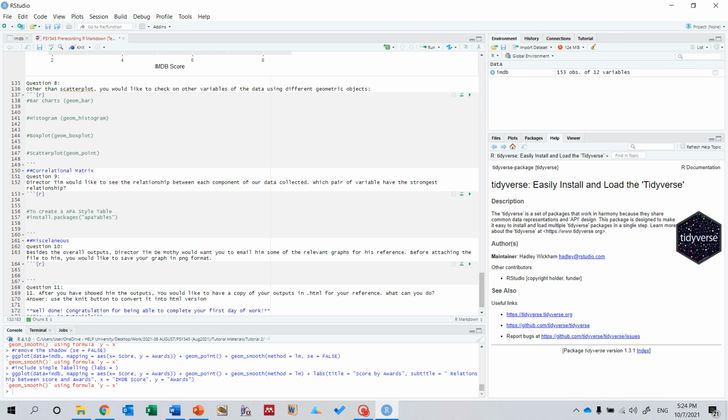Other than scatter plot, you would like to check on other variables of data using different geometric objects. R can actually allow you to visualize data using different diagrams or even charts. If you would like to count the frequency of categorical data such as frequency of genre, we can actually use geom bar for bar chart. So for example, we use ggplot, data equals to IMDb,